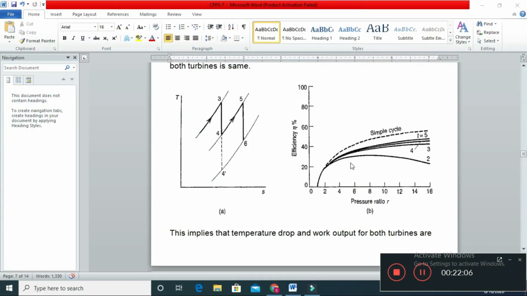This is the plot of efficiency. The efficiency is decreased when we are reheating. The reason is that when we are reheating, we are supplying additional heat, so the denominator is increasing. We are also achieving more work, which means numerator is increasing, but the heat supplied is relatively more in comparison to the work obtained. So for that reason, the efficiency of the reheat cycle decreases when compared to the simple cycle. Again, the temperature increase results in increase of efficiency.